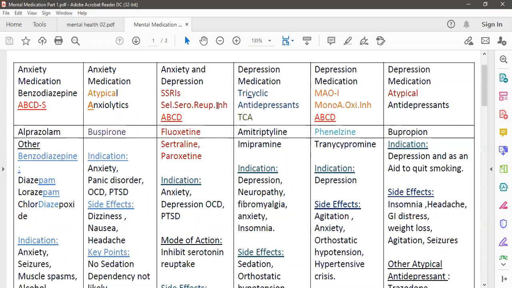So examples of SSRI are fluoxetine, sertraline, paroxetine, and citalopram. So indications of SSRI are anxiety, depression, OCD, and PTSD, right? OCD stands for